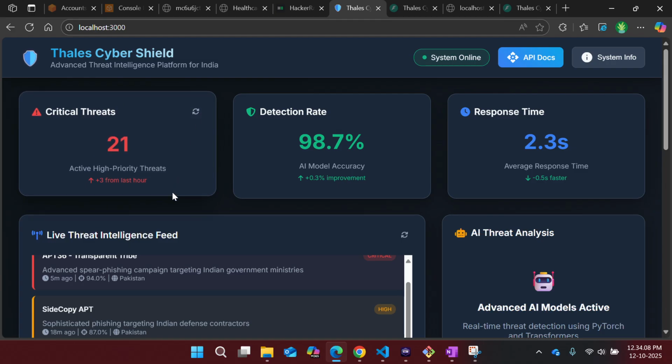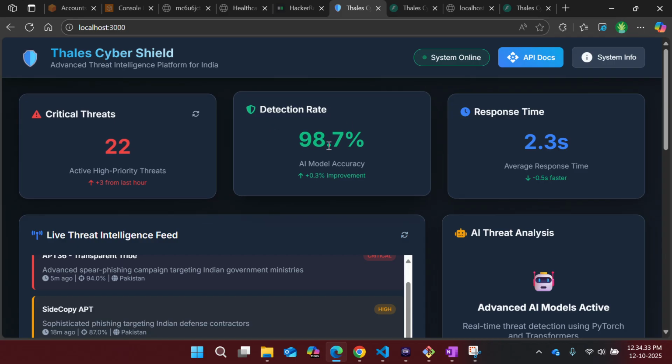So you have a critical threat, and it is scanning the India region and giving the details here. What are the high priority threats, and what is from the last hour. You can refresh, and based on the national security inputs, it will give you the updated information. The detection rate, the AI accuracy, has improved by 0.5%. So it is already 98.7%, and the AI model also improved, so it's a 98.7% detection rate, and